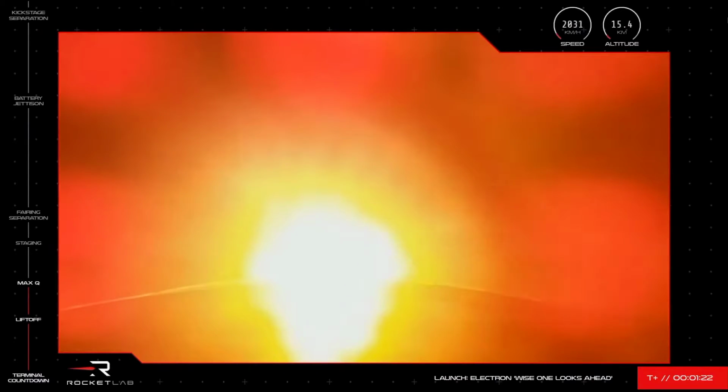There's the call. Mission Control has reported Electron has successfully passed through Max Q, its first milestone after lifting off from the east coast of New Zealand. The 9 Rutherford engines on Electron's first stage are performing well, and we're ready for the next series of milestones